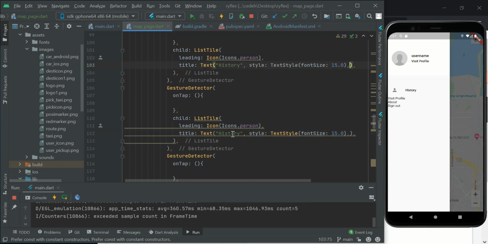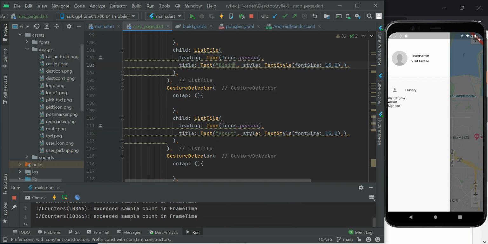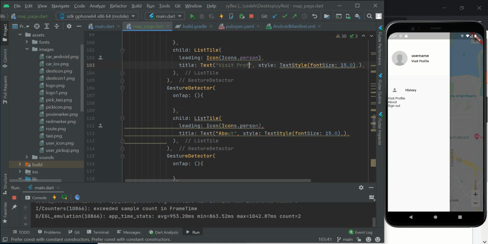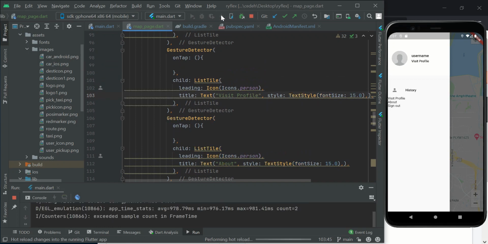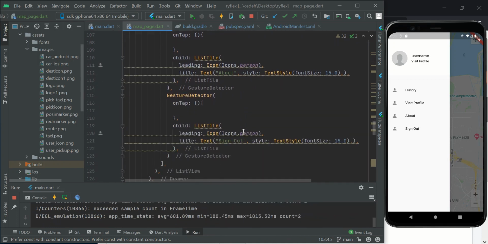Okay, so this one will be about, and this one will be visit profile. So with this, if I refresh this guy, we'll have a nice looking stuff here. So for this now,